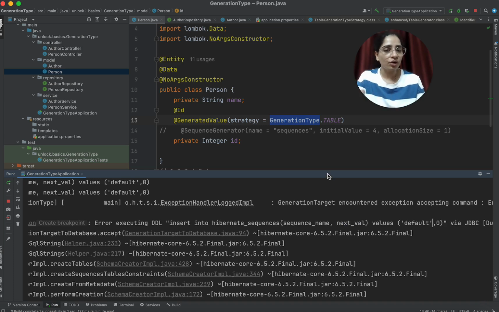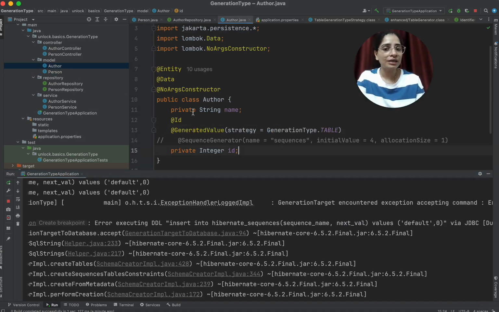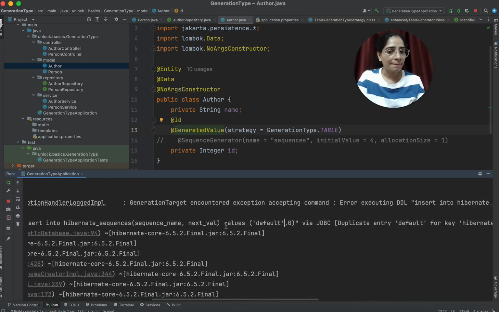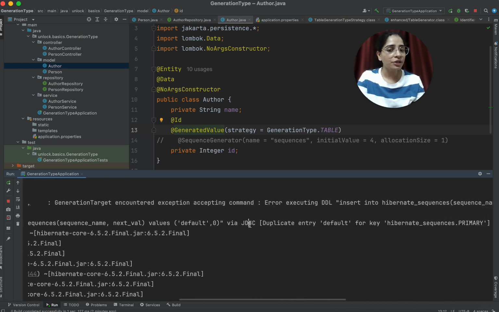For person it worked fine. But when it came to this author, it tried creating a table by the name Hibernate sequence. Because the table already existed, it did not create a new table. Then it tried to insert the same sequence name, default, and next value 0. But it failed. You can see that the insert failed because of this duplicate entry.